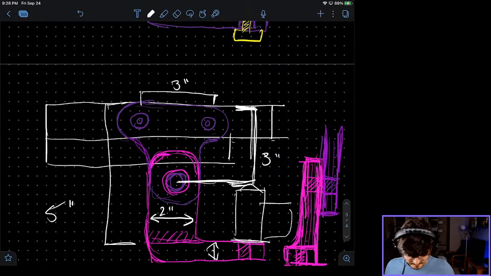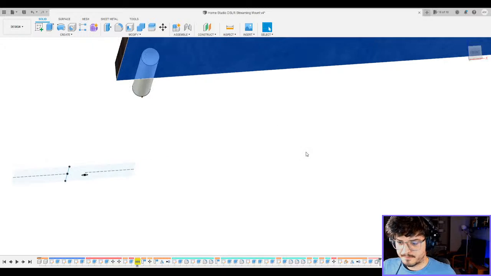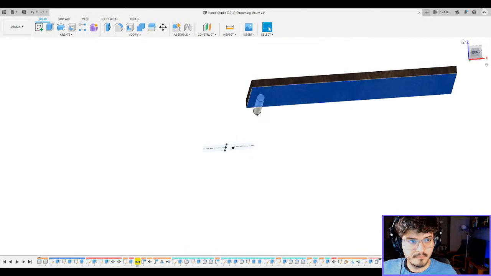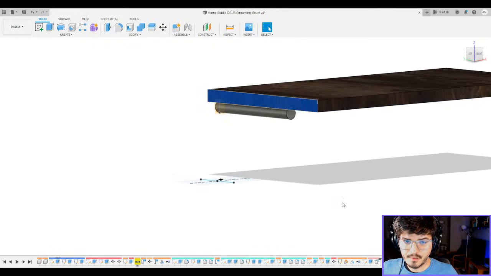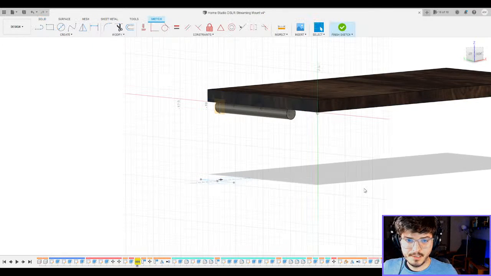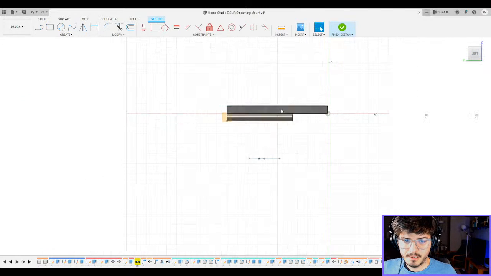We have enough of the drawing here to work with, so I'm gonna go back into Fusion now, and we can start designing this. Let's go. Okay, so I'm going to take this side as reference, and I'm going to rotate so we can get started here.